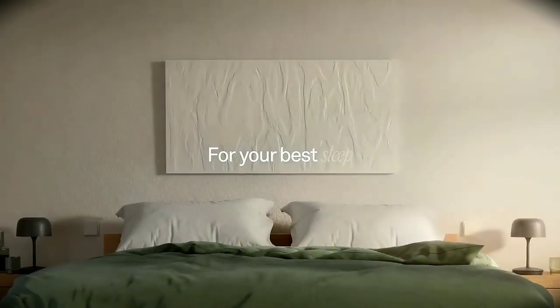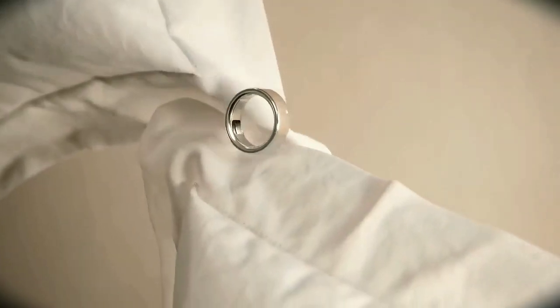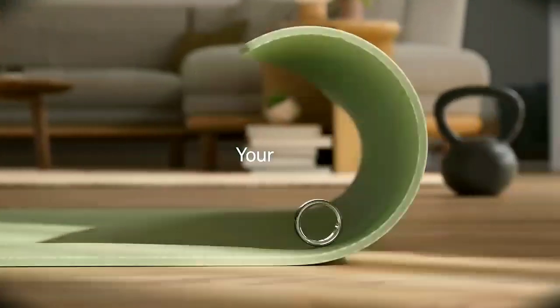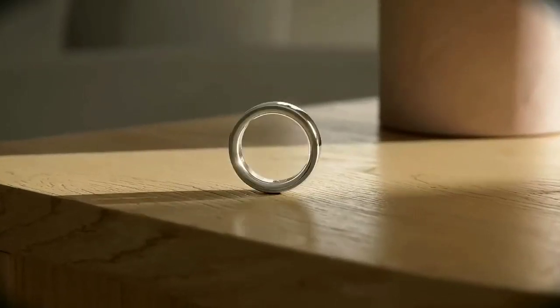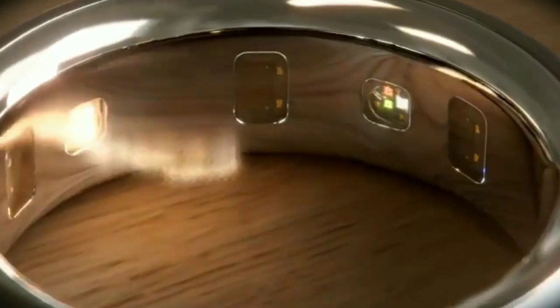In conclusion, the Oura Ring 4 is a cutting-edge wearable device that offers unparalleled insights into your health and wellness. With its sleek design, advanced smart sensing technology, and impressive performance, it's an excellent choice for anyone seeking to